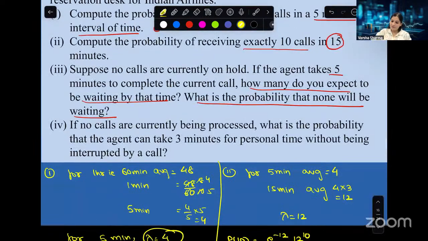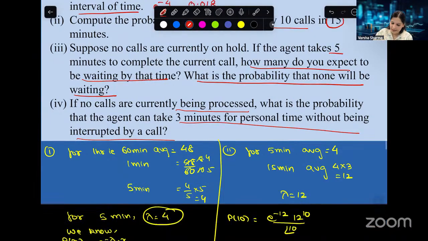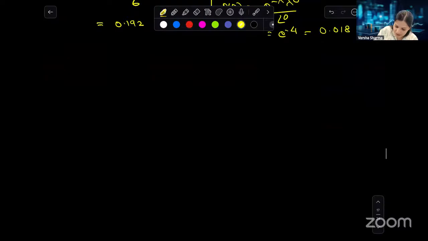Next, if no calls are currently being processed, what is the probability that the agent takes 3 minutes of personal time without being interrupted by a call? We need the probability of 0 calls in 3 minutes, so our lambda will also be for 3 minutes, right? So what do we know for number 4,